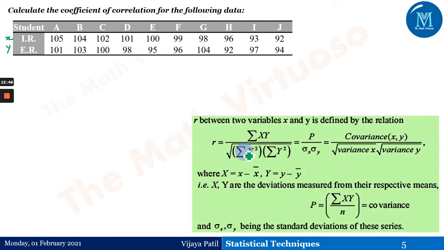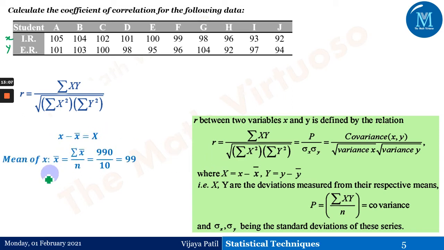How can we go ahead? Let me just explain that. As I've told you, we'll be going ahead with this particular formula, and that is the reason I have made this in parts. If I'm dealing with this particular formula here, the next part might be dealt with using a different formula. So x minus x bar is capital X, and that is what we have defined here. Similarly, I have to find the mean of that.